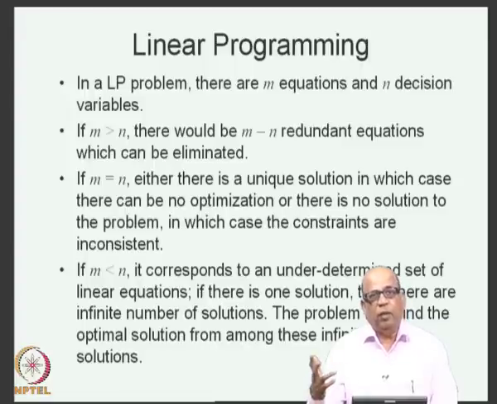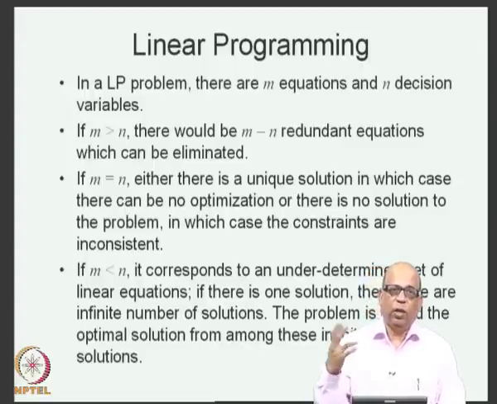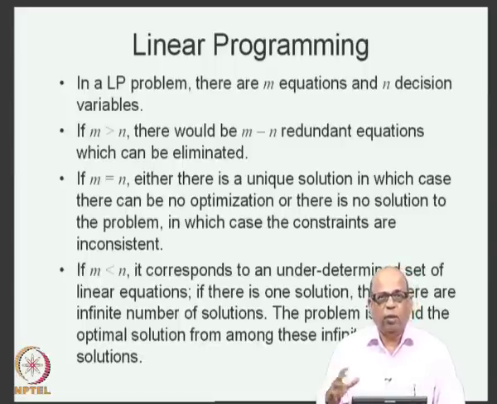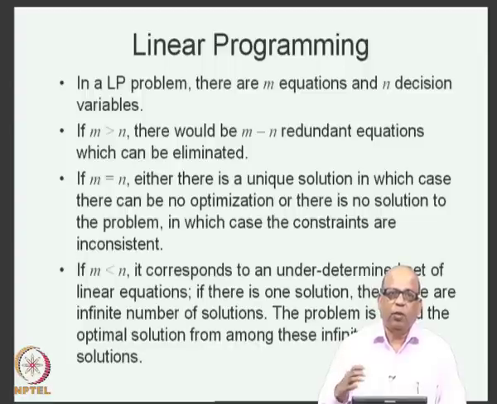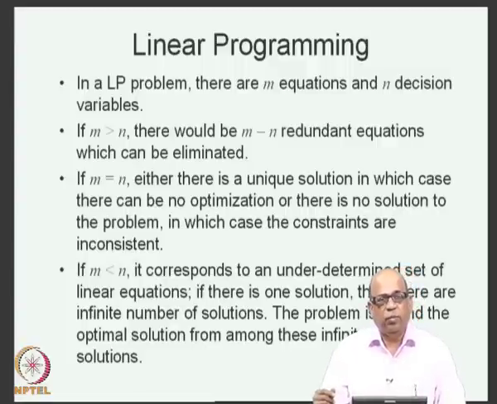If m is greater than n, that means the number of equations is more than the number of variables, then generally the problem is over defined, and therefore, you should be able to identify redundant constraints, which I have introduced earlier. So, there must be m minus n number of redundant constraints, which you must be able to identify and eliminate, so that you will have a maximum of m is equal to n number of constraints. So, if your original number of constraints is more than the number of variables, it indicates that there are certain redundant constraints. We must be able to identify the redundant constraints and eliminate them.